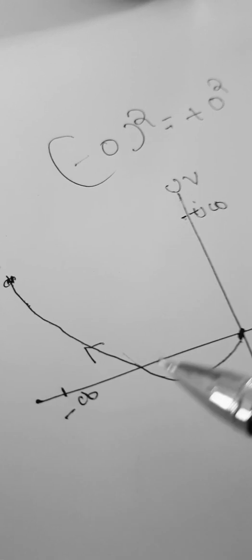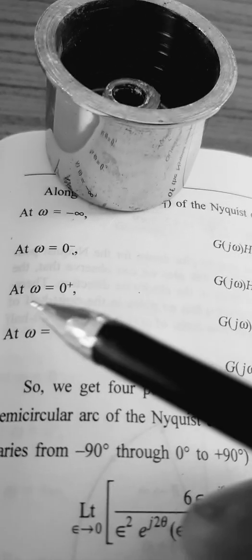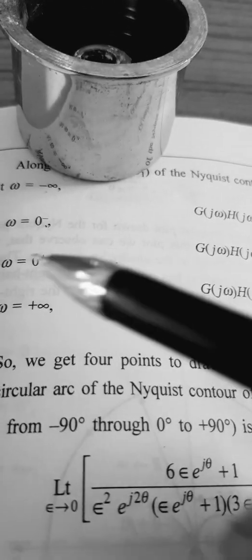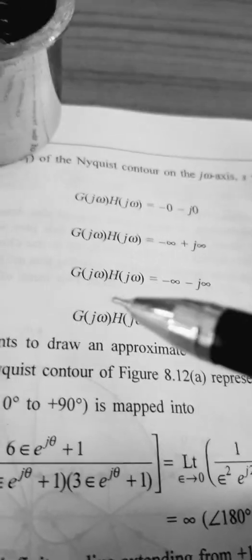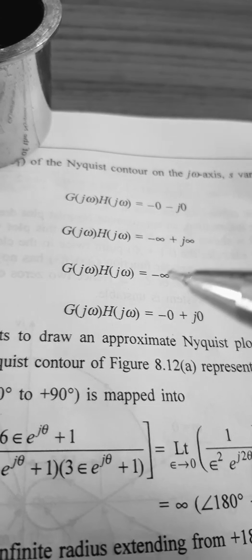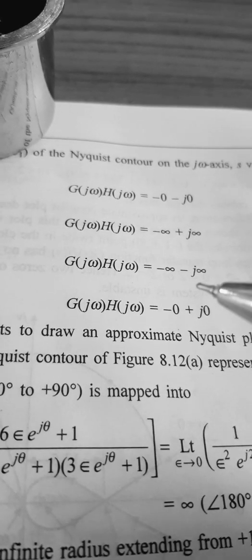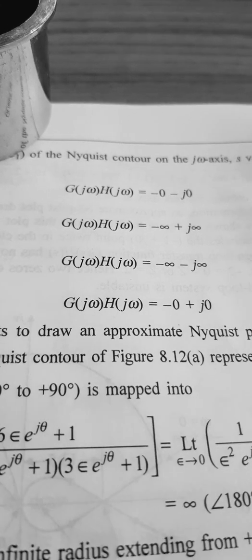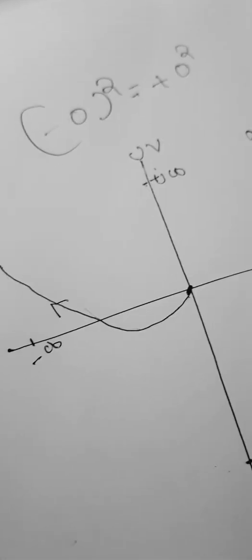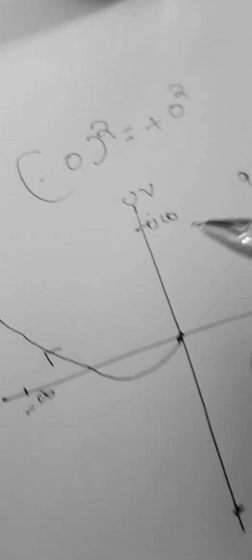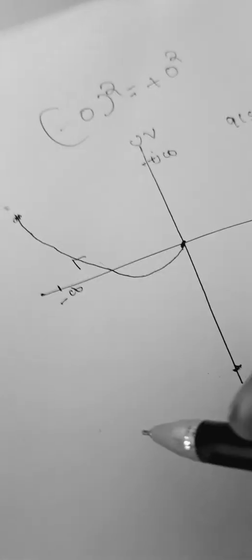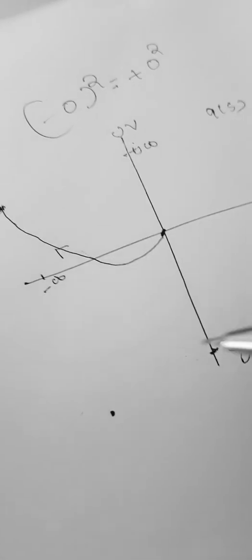Okay. Now, when omega is equal to 0 plus, G(j omega) H(j omega) is minus infinity and minus j infinity. So let us represent that this is minus j infinity, and here j infinity, this is the point. And when omega is equal to plus infinity,